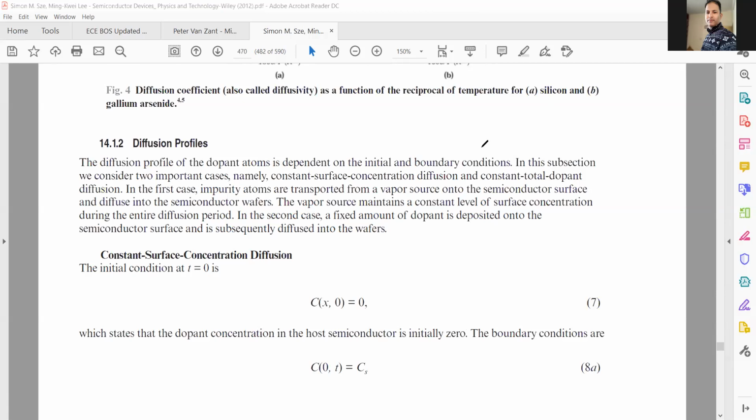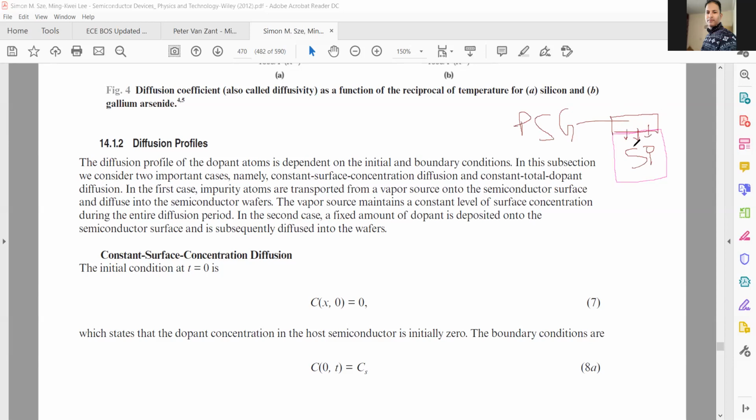So in that we had said that this is our substrate where we want doping to take place, and then we have our dopant source. An example can be that this is silicon and this part is our phosphosilicate glass. What is happening is that we assume the diffusion takes place from the phosphosilicate glass to the silicon substrate.